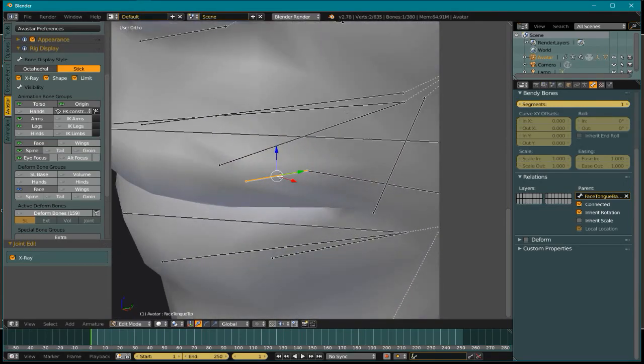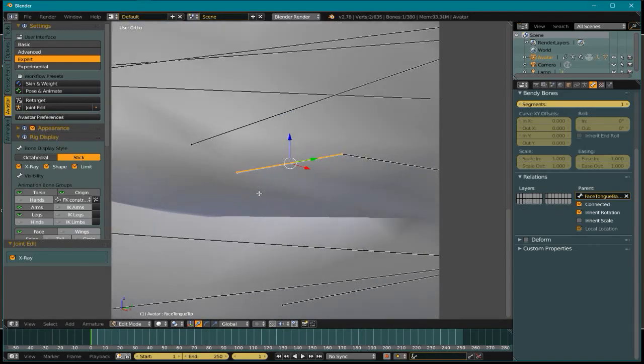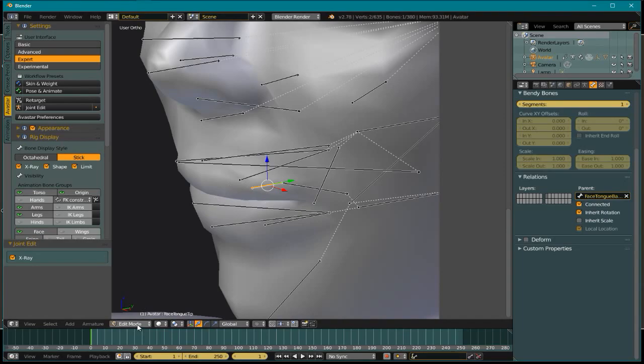Okay, so if I keep selecting this tongue tip here, we see we have 2 different bones we're selecting, and both of those are connected. So traditionally, we would have to go in here and disconnect, click off that one and disconnect it, and then go back into pose. But we're not going to do that, because we have a special setting in Avastar just for this. So let's go back into